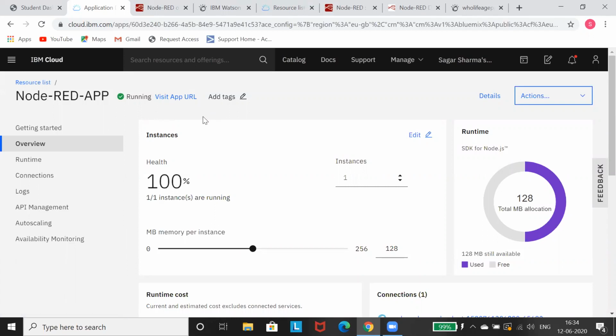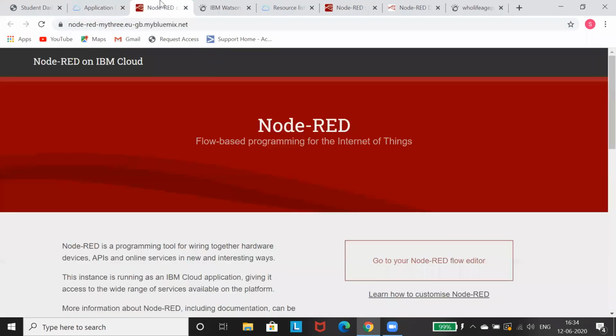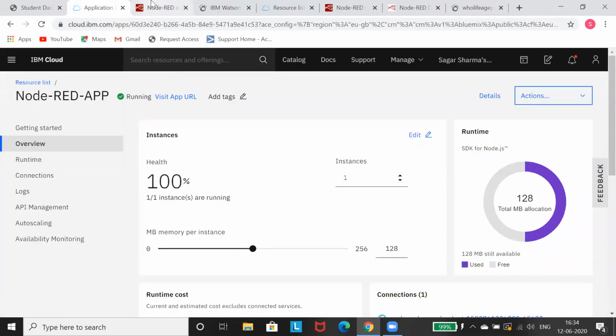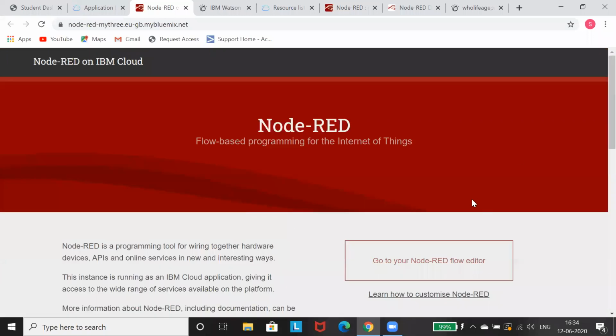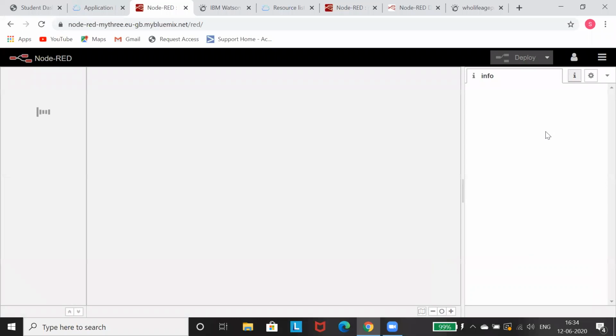That thing, because I've already done it. So you can easily find it in the YouTube tutorial. I will give you the link for the deployment if you're facing any problem, but it's simple. This Node-RED page will appear after clicking on this link, Visit App URL. So we have to go to this, we have to click on this, and then